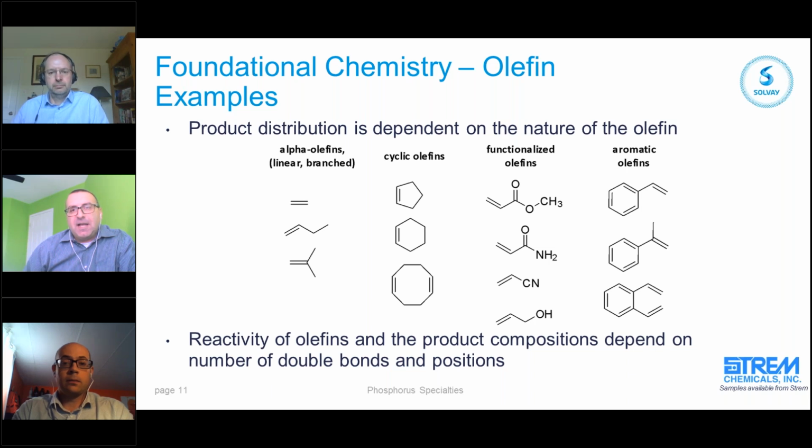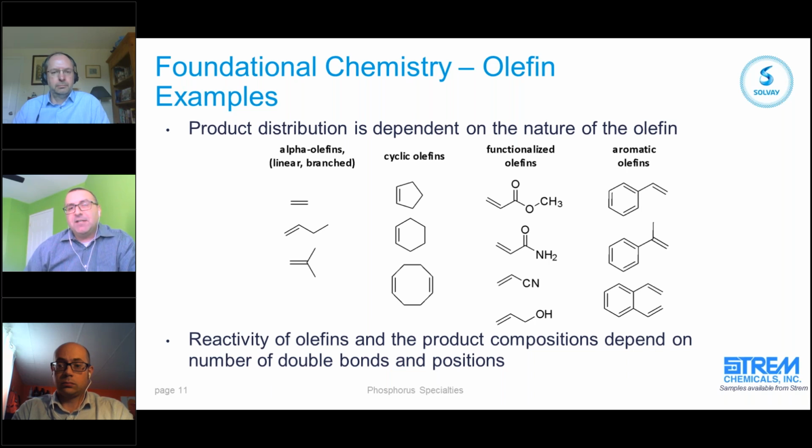I've shown a sampling of some alpha olefins that could be used for this radical chemistry. On the far left are some relatively simple alpha olefins like ethylene and butene, which give those linear alkyl phosphines. Something like isobutylene in the radical chemistry will react to install an isobutyl fragment rather than an n-butyl fragment. These are all fairly standard chemistries and work very well under the radical conditions. Things like monounsaturated cyclic olefins also work very well to install a cycloaliphatic group like cyclopentyl and cyclohexyl.